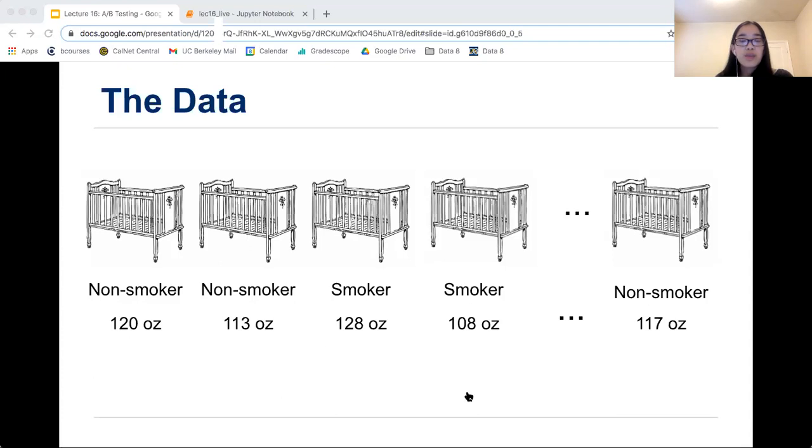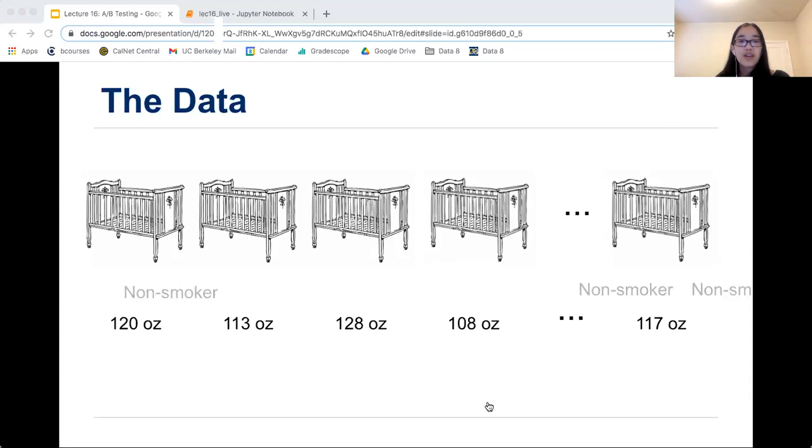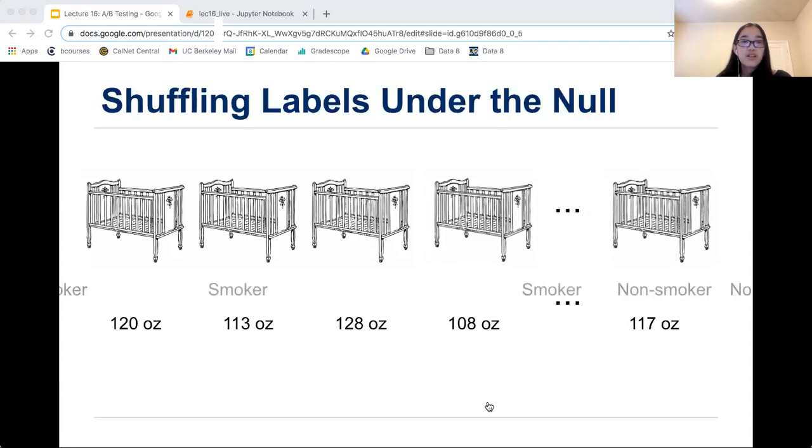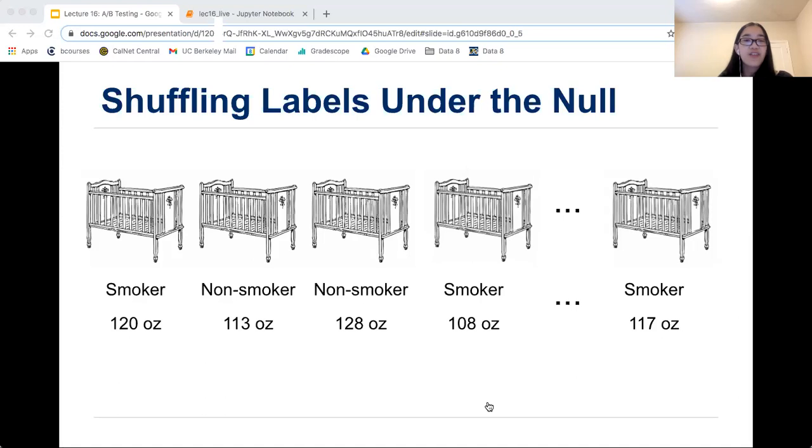So what we're doing is we're keeping the values for all of the different weights of the babies the same, and we're just shuffling so that now they have all different labels. So again, just to summarize, we're using the data we have, and if the data is from the same distribution, it doesn't matter what the label is, so we can just shuffle the labels.